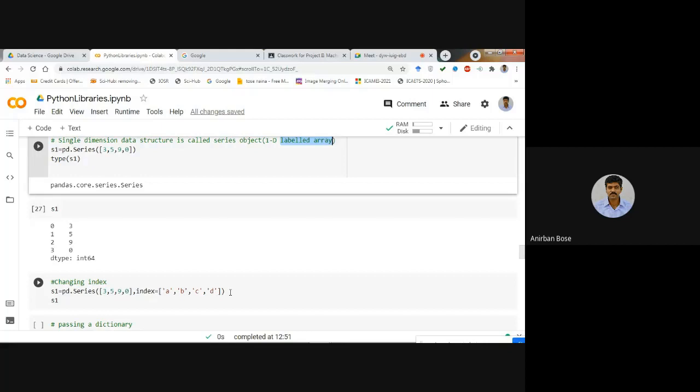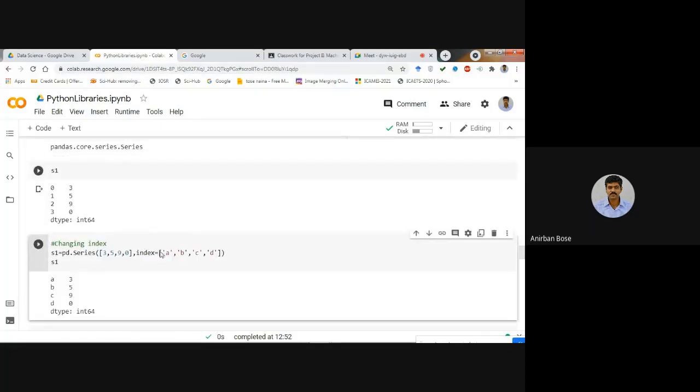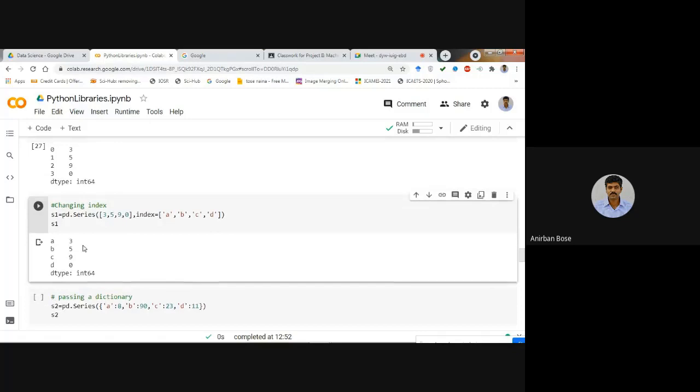Suppose A, B, C, D that you want. So now if you want to see what this S1 will now contain, these are the values and these are the labels of each of the values. These are the new indexes that you have created.